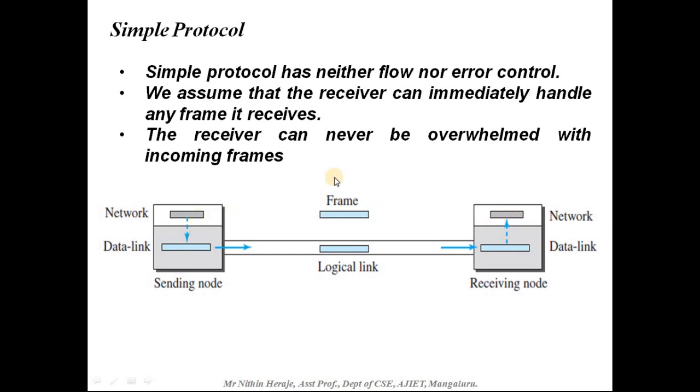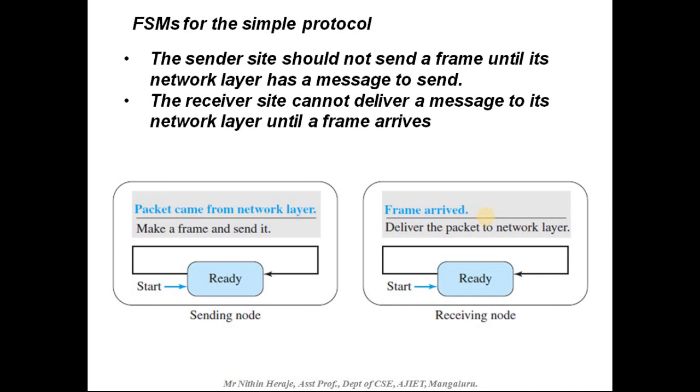Okay, so you can see in the network layer you will have the same data that was there in the sender node, the same data will be there in the receiver node, that is with respect to each adjacent layer. Okay, it will be having the same data. Alright, so this is how a simple protocol is going to work, and we'll see next the finite state machine